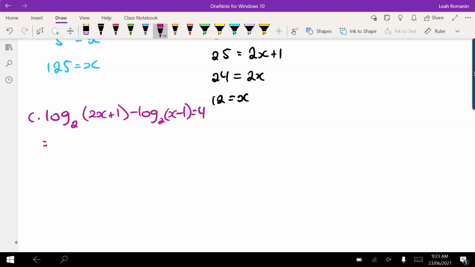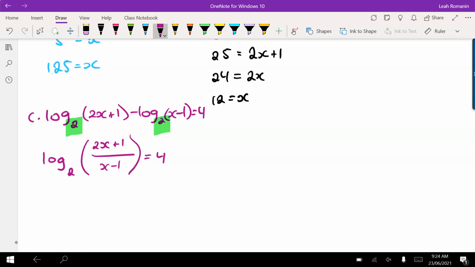Which log law would I be using first? I've got the same base, which means I can use a log law. Yes, fantastic. I'm going to use my second log law. So when I'm minusing 2 logs, I'm dividing the 2 numbers. So I'm going to have log 2 of 2x plus 1 on top, divided by x minus 1 on the bottom